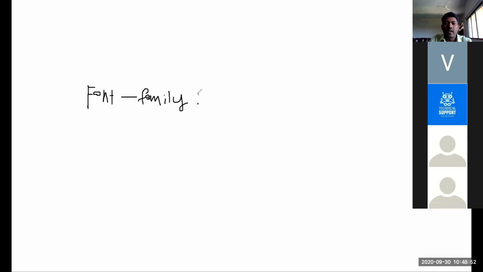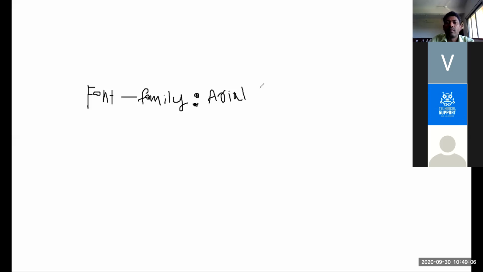Colon. So whatever family you want to specify, here you specify. Colon. Here it is Arial. Then semicolon. Open brace. Close the brace. You specify any tag, selector. Any selector, any tag, for example, paragraph.